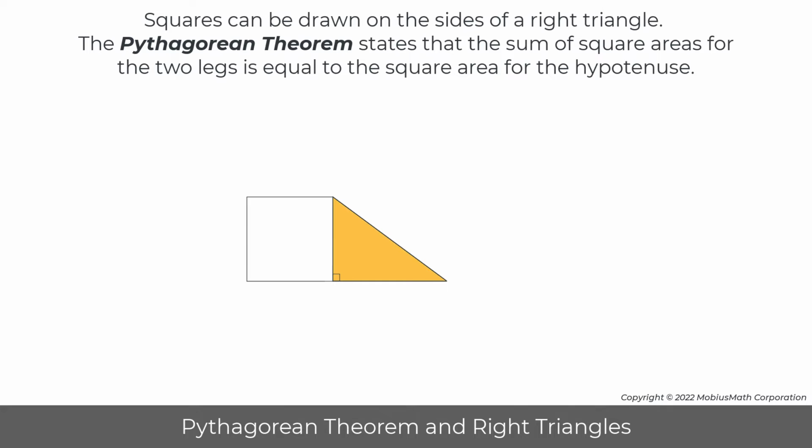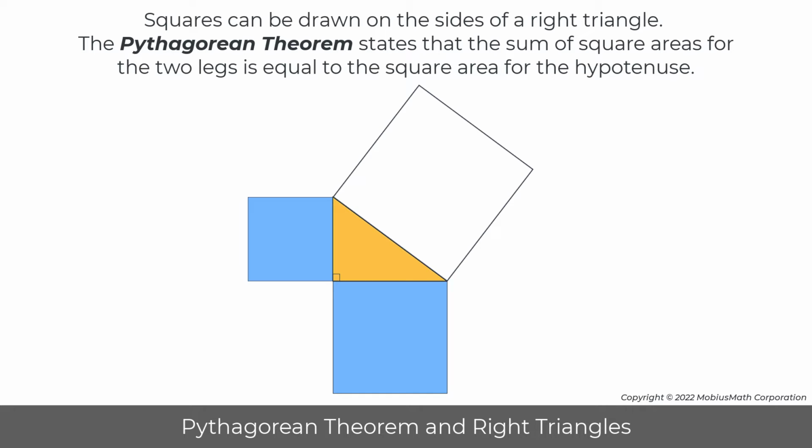Squares can be drawn on the sides of a right triangle. The Pythagorean theorem states that the sum of the square areas for the two legs is equal to the square area for the hypotenuse. The Pythagorean theorem is represented by the equation a squared plus b squared equals c squared, where a and b are the lengths of the legs of the right triangle, and c is the length of